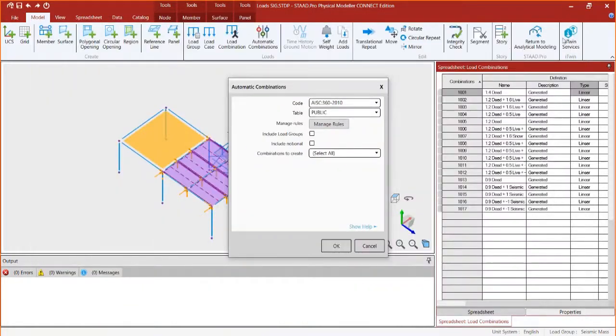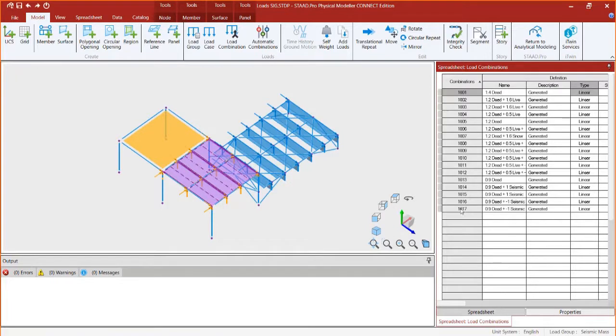Now, since the STAAD.Pro Physical Modeler enters this information in a series of spreadsheets, these also work very similar to Excel, where you can highlight the fields. If you want to delete something, highlight them and delete them